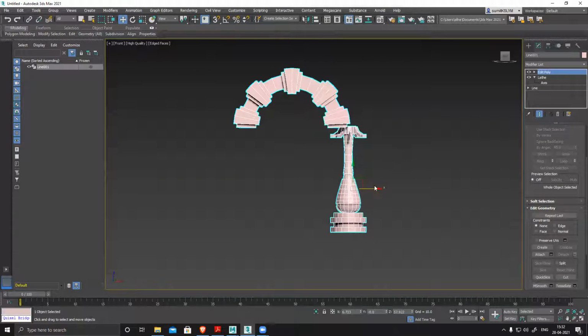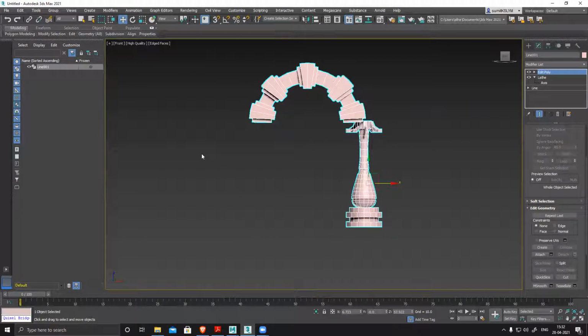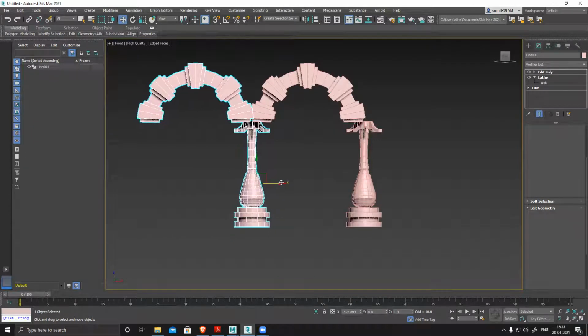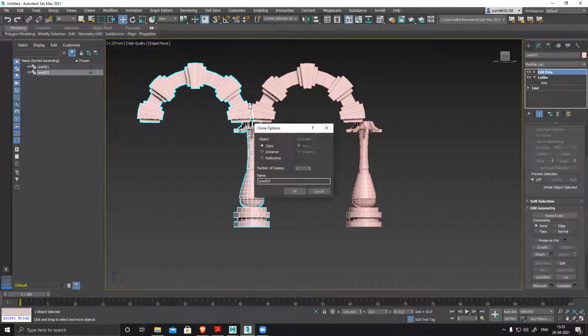And then now I want to repeat this. Suppose I have a dome, a spherical cylindrical shape, this monument where I have 6 or 7 pillars. So this is my first pillar. Shift and drag and place it here. You can see like this. So I need to basically plan it accordingly. It should not intersect.